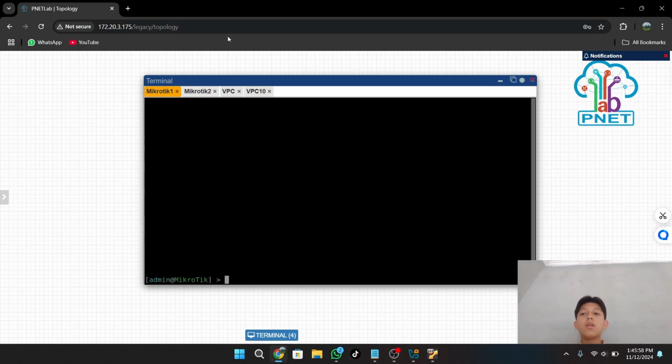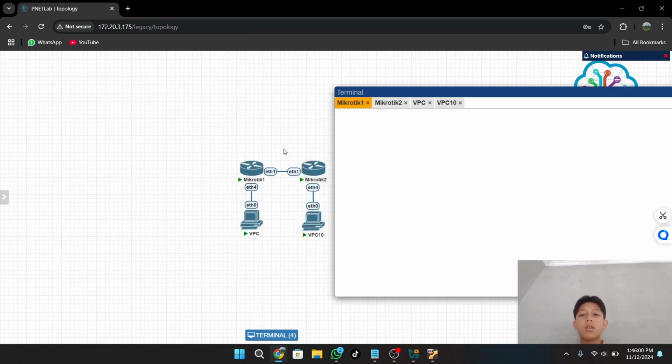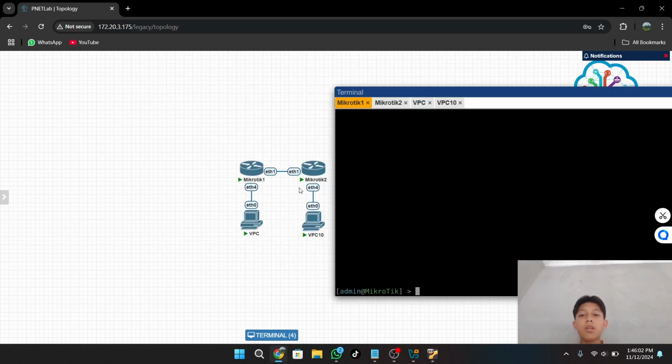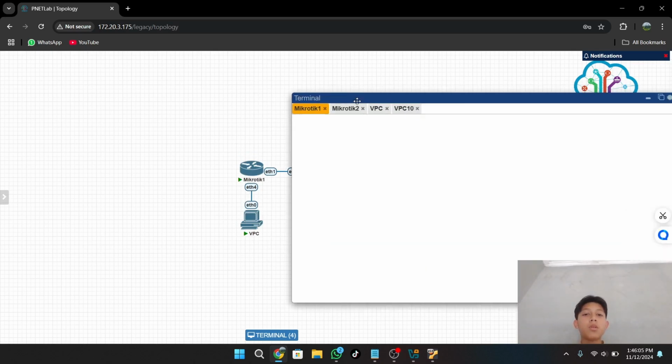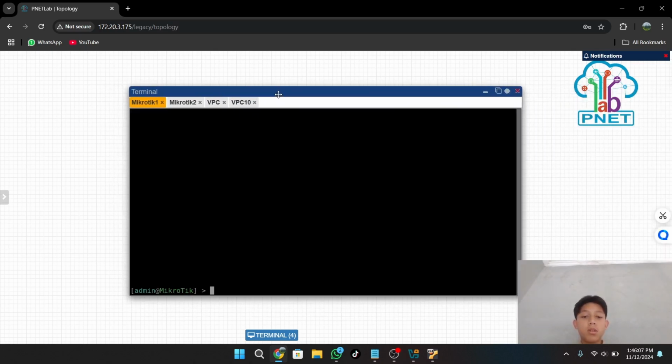After that you can configure the IP for MikroTik 1 to VPC 1 and MikroTik 2 to VPC 2. You can type ip address add, and the IP is 192.168.1.1, the prefix is /24, and the interface is ether4.